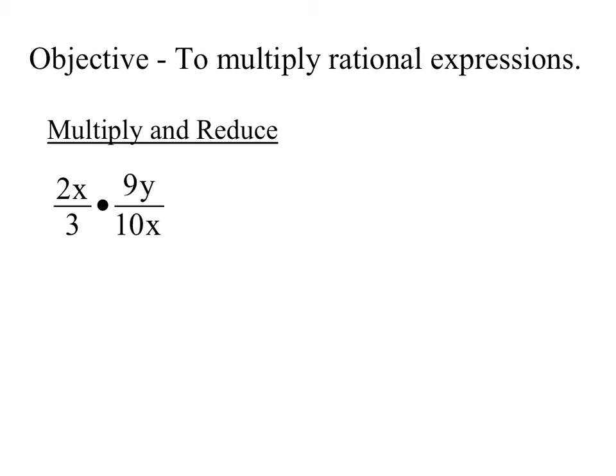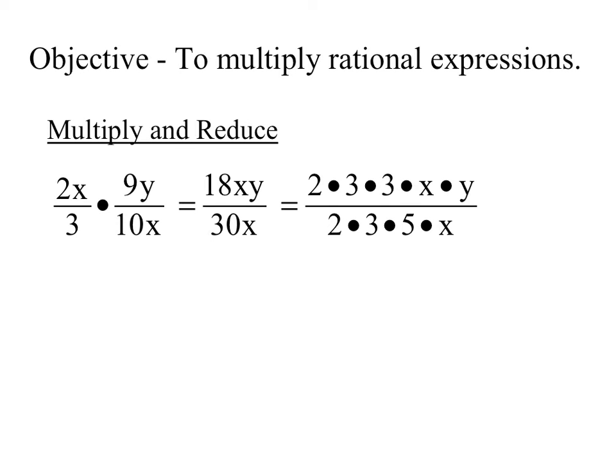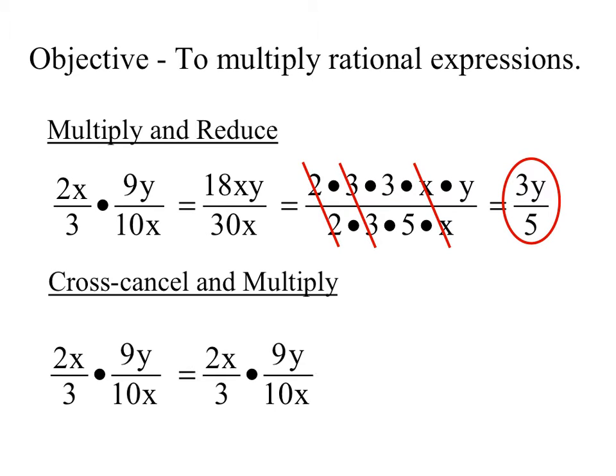All right, when I'm multiplying a rational expression, we can always cross-cancel before we multiply out. So if you look at the fraction, I can multiply it all the way out and then break it down into prime factors and cross out common factors in that way. But this takes too long. I don't want to break every number apart and figure out what its prime factors are. If I can find a common factor, I can just reduce it right there. So instead, the cross-canceling method: common factor between 2 and 10 is 2, and I'm left with a 5